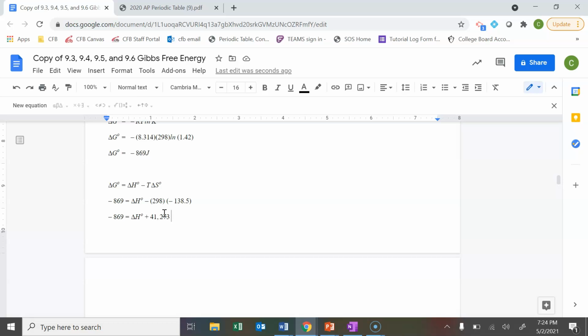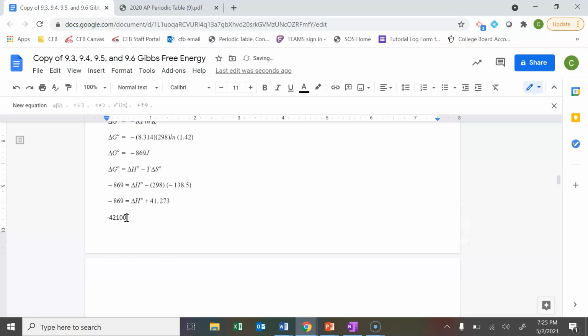I'm going to have to combine my terms. So delta H will equal negative 869 minus 41,273, which is going to give me negative 42,142. If I wanted to round it to 3 sig figs, it's going to be